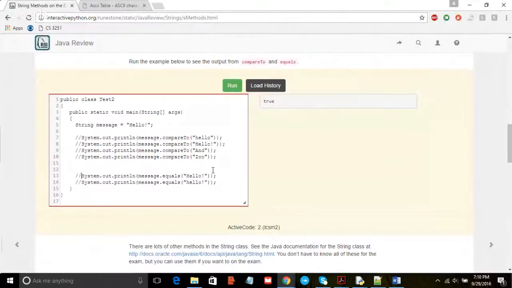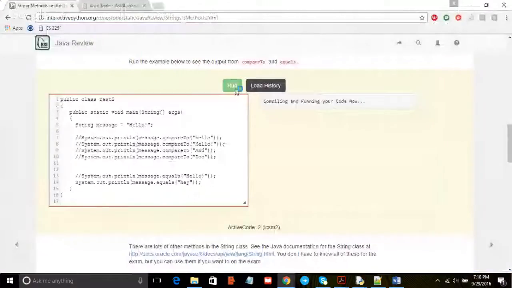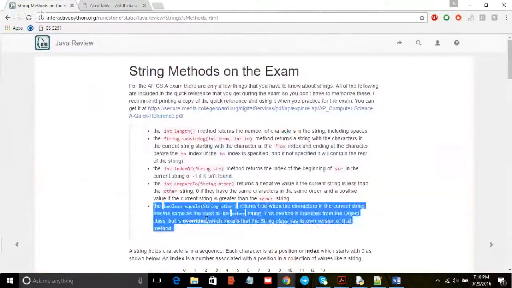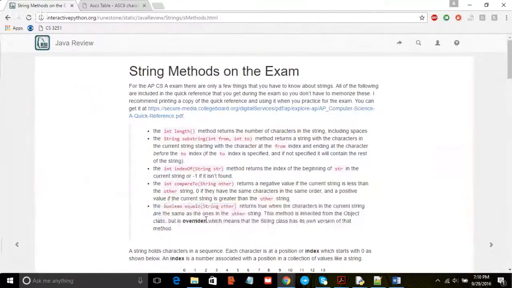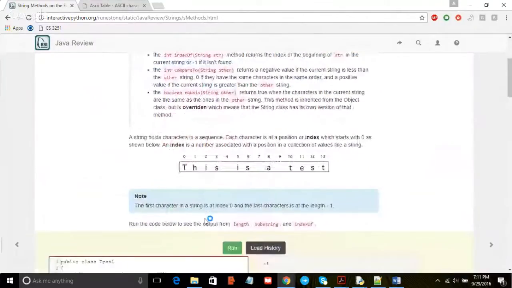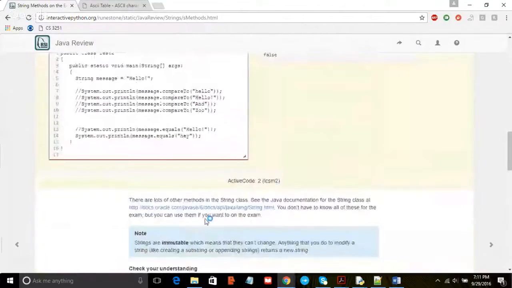And say you have something like this, what do you think it'll say here? False, right? The reasons behind this can be a little bit complicated, but in practice, that's how you do it. So the important thing to know is if you want to compare strings ever,